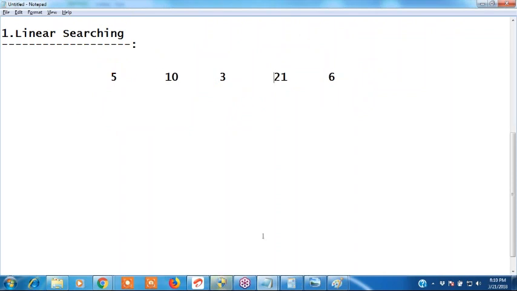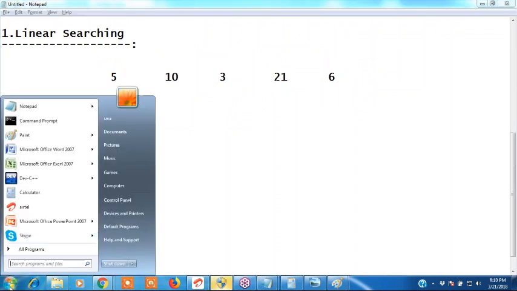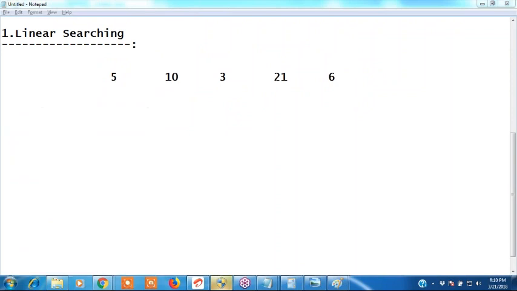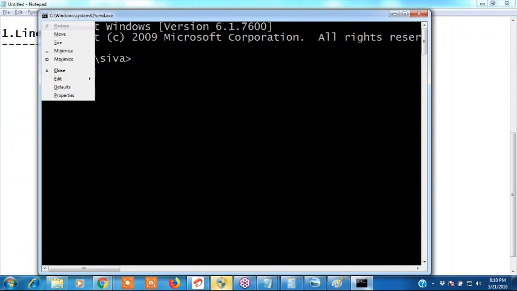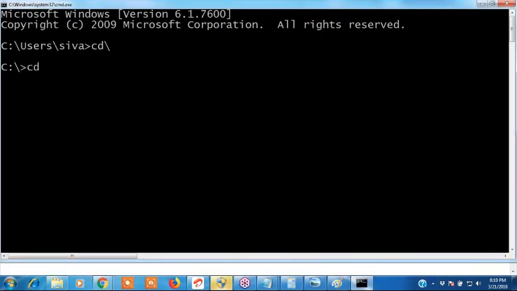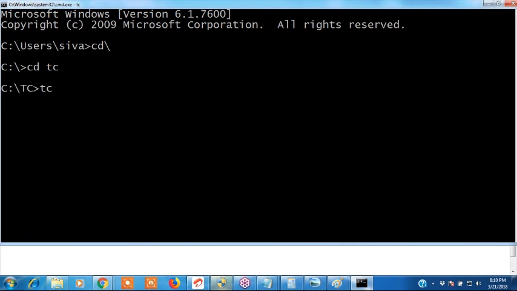So we'll discuss linear searching. We write a program for this linear searching. We can also tell what the time complexity is. See, what is the best case time complexity if found at the first position only? Found at the middle position, found at the last position. What is the best case, what is the average case? See.